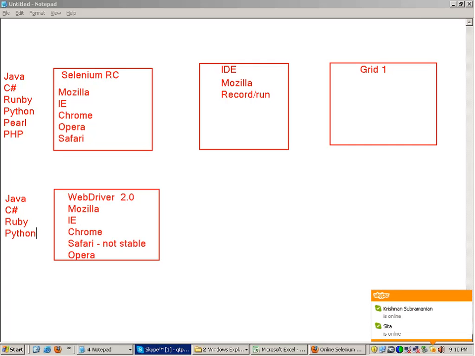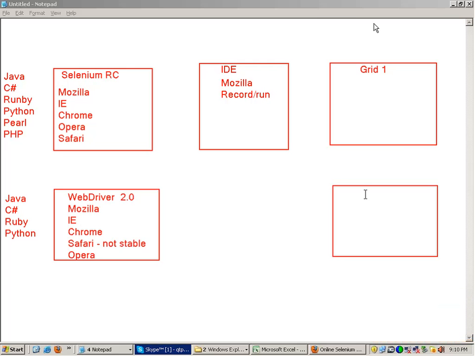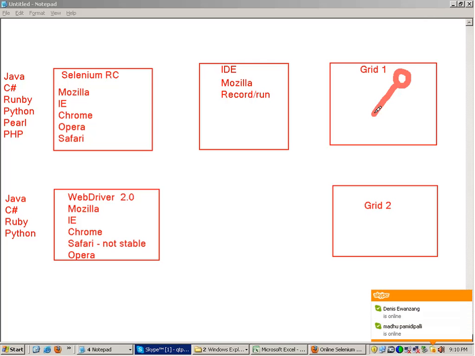In this, IDE remains the same, but instead of Grid 1, something known as Grid 2 has come up. Grid is something which can help you execute test cases in parallel. You make a single hub machine, connect machines to it, and you execute the test cases in parallel, managing from the centralized hub machine.